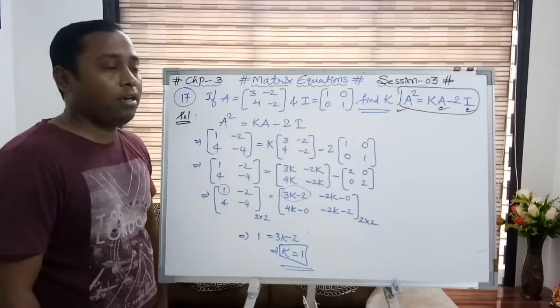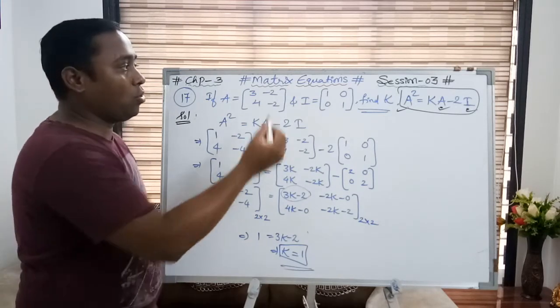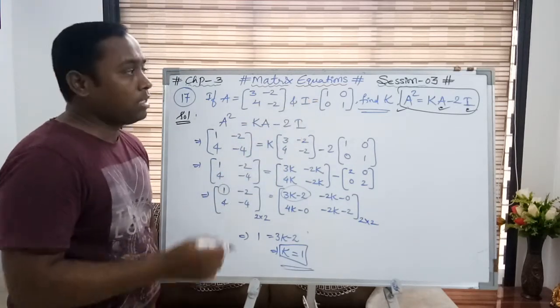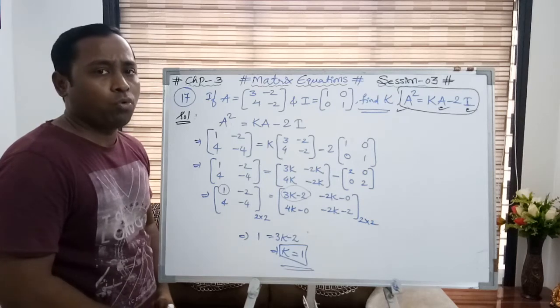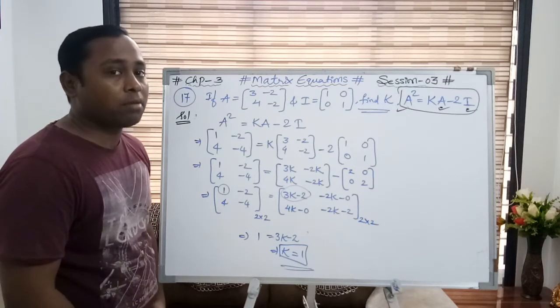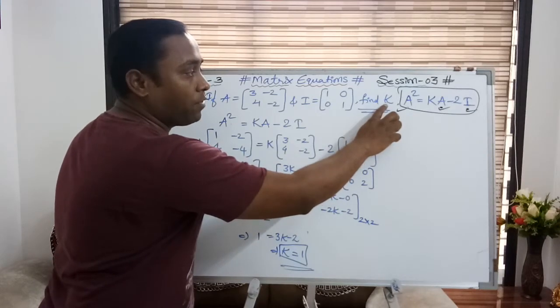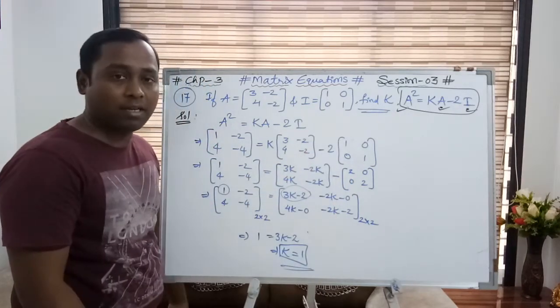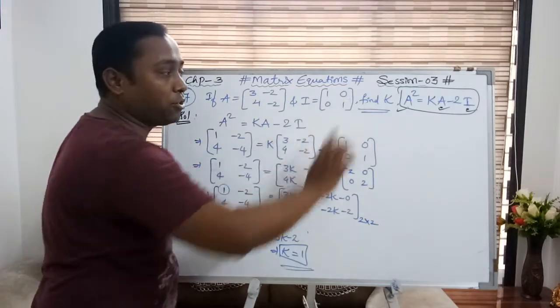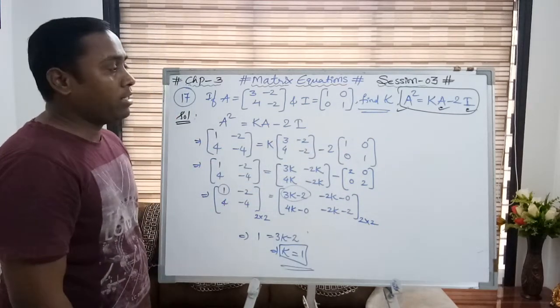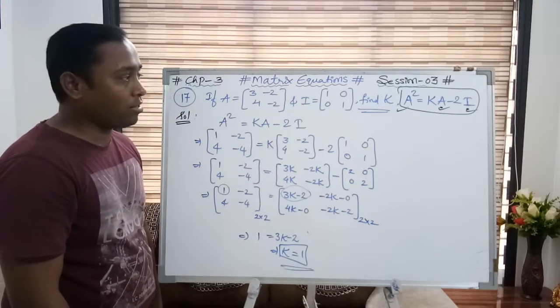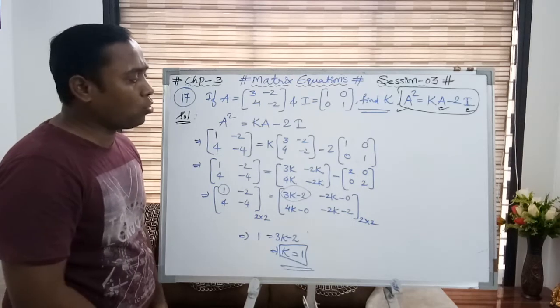So this is the way they ask based on a matrix equation. Sometimes they ask just to prove that this is equal to a 0 matrix. Sometimes they give the matrix and ask for the unknown variable which is missing or which has been introduced. Okay, so now let's have some more questions, interesting and short also. Let's see.